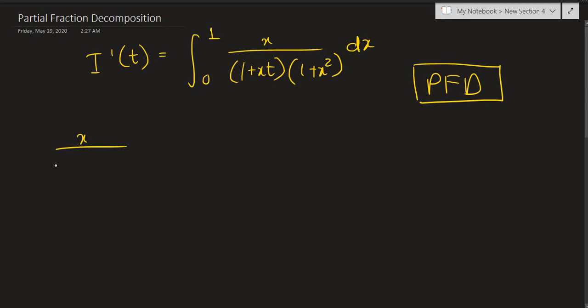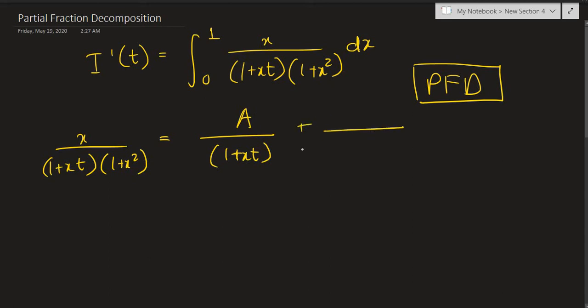So we have x over, just looking at the integrand now, (1 plus xt) times (1 plus x squared), and we want to split this in terms of two factors. The first factor is 1 plus xt, and the numerator will always have a degree 1 less than the degree of the denominator. The degree of the denominator is 1 because it's a linear term, so the numerator should have degree 0, or it should be a constant. So let's call that a, which is a constant,